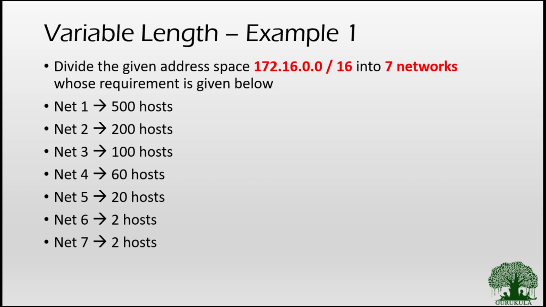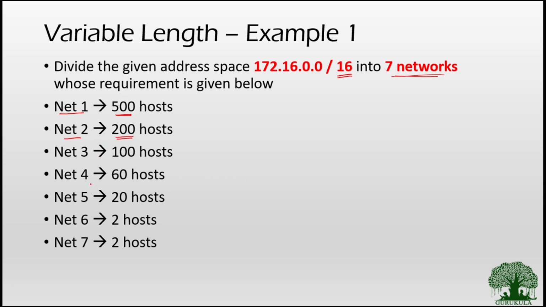So let us take an example and try to understand how exactly variable length subnetting works. The given question is: you are expected to divide the given address space, that is 172.16.0.0/16. So /16 represents that it is a class B address, right? And we very well know that there is no subnetting performed in this particular class of IP addresses. Then we are expected to divide this into 7 networks, and also in each and every network,